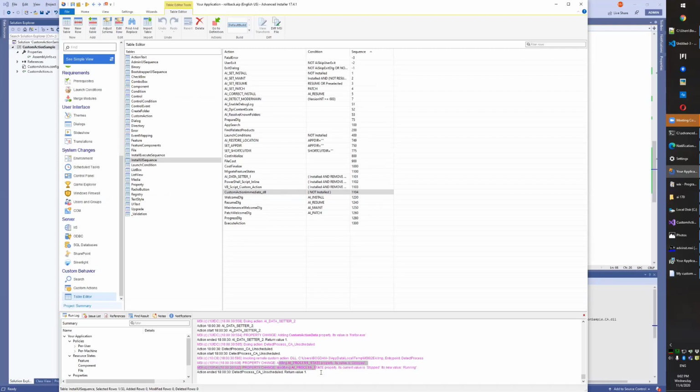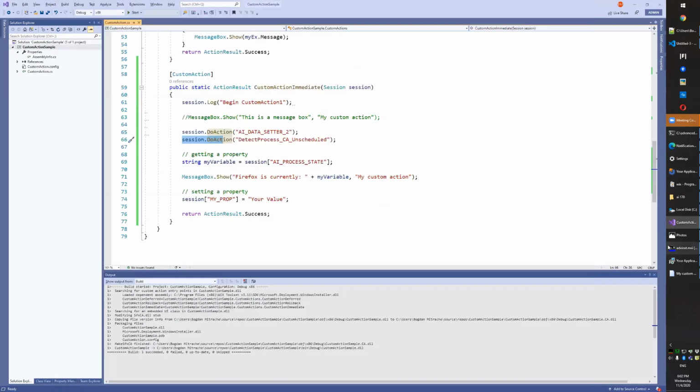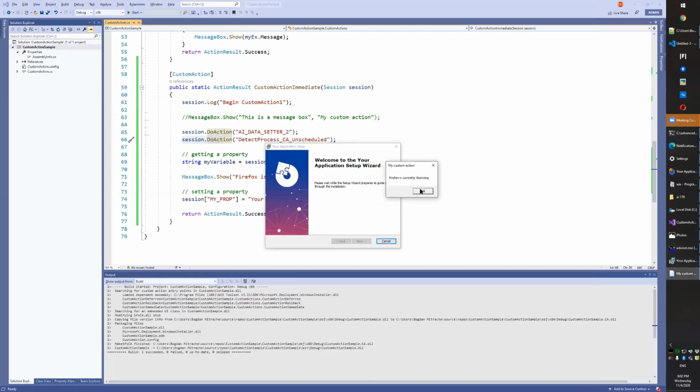And now we see the custom action executed. Every time a property change takes place, its value is listed in the log. So you can easily search for the property name in the log and debug and see its evolution along the way. And now let's close this custom action because, okay, it's telling me that it's running and I have Firefox